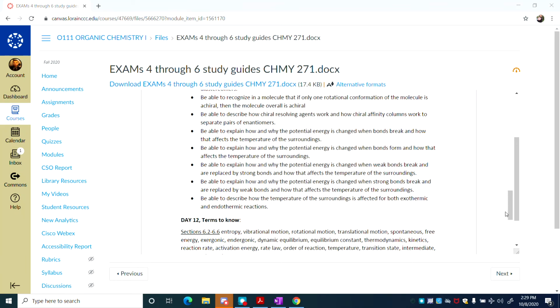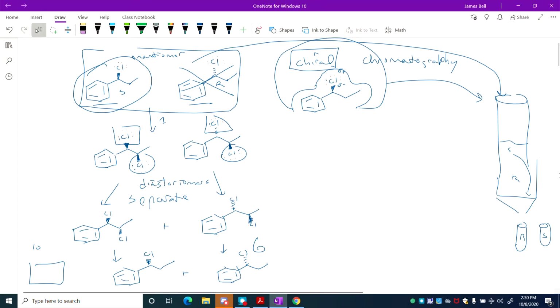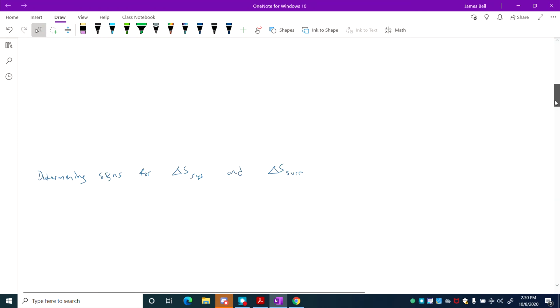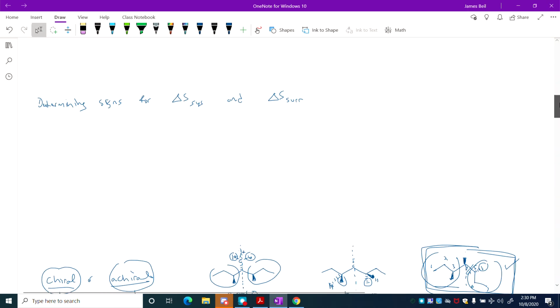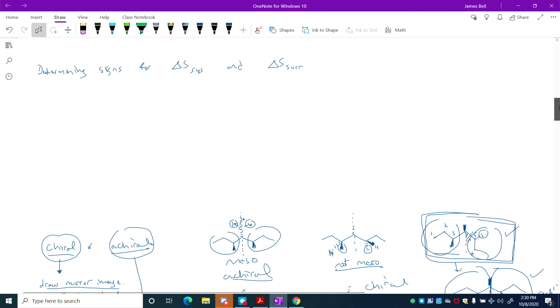Entropy. Which quiz question? Was that the one where you had a reaction given with reactants and products? Yeah, we were given, I think it was a ring structure, and then we had to assess the entropy. Okay, yeah, let's talk about determining the signs for delta S. Alright,